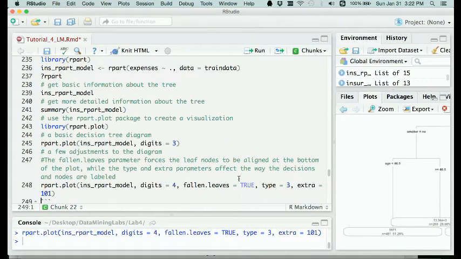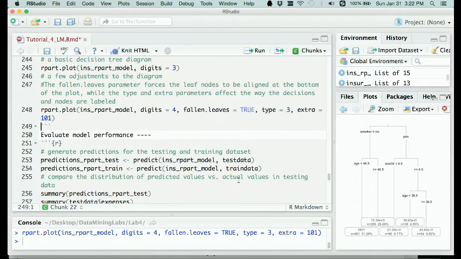Well, this is the regression tree we built, and we want to evaluate this regression tree using the testing